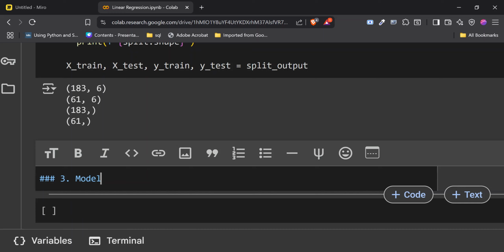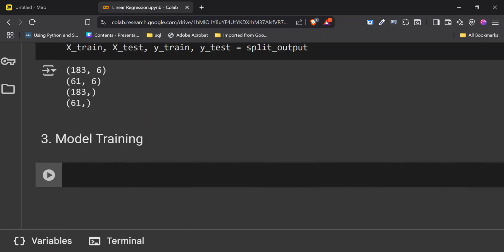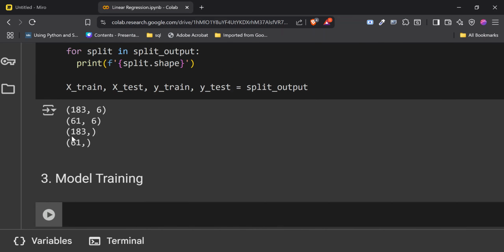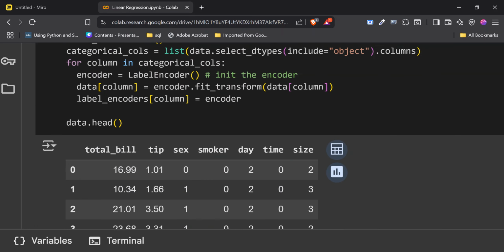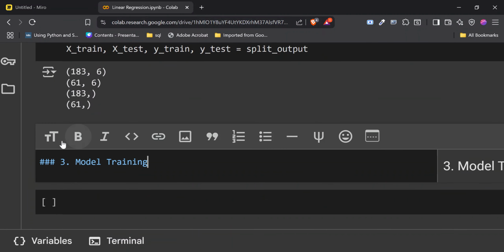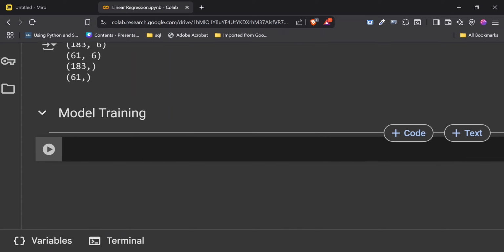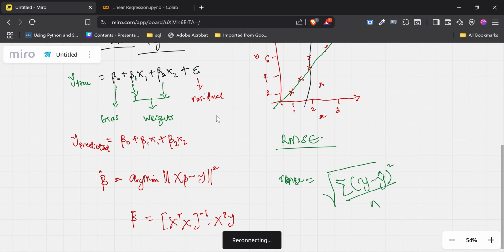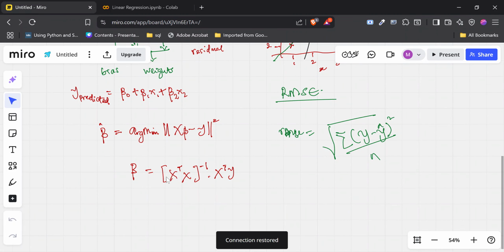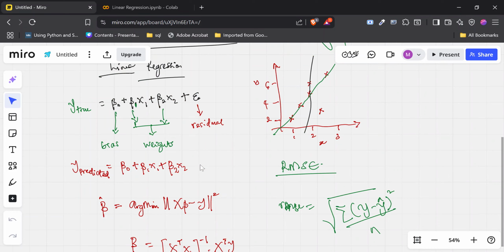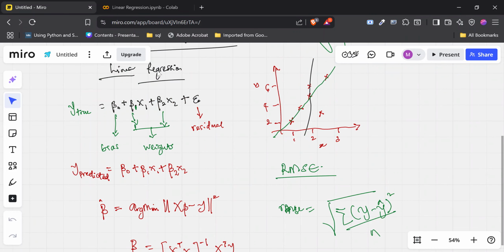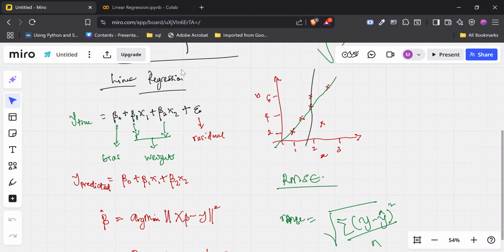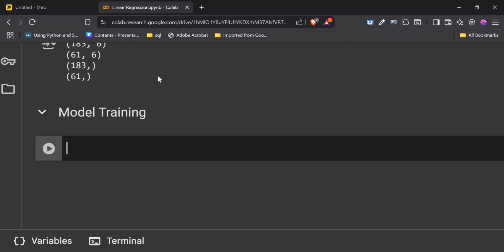The model training. Now, cool. Excuse me, we did not label that. Let's just say model training. All right. So the next thing we want to do is take this particular formula, this particular equation here, execute it on our data set and use it to get the weights that we can use to make predictions. So how is that going to work?